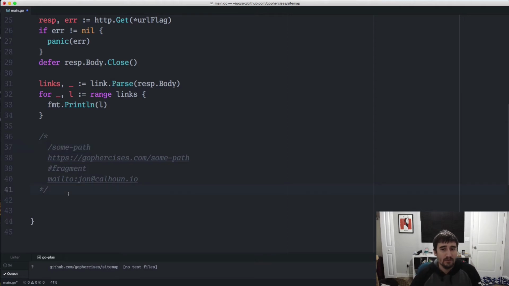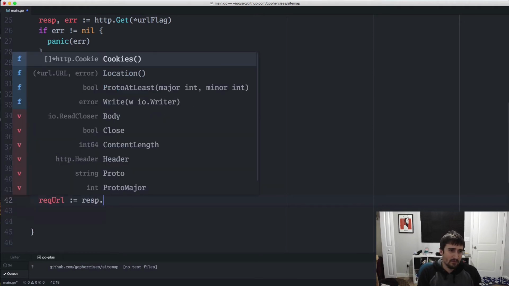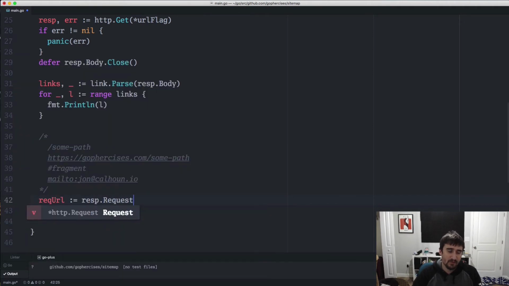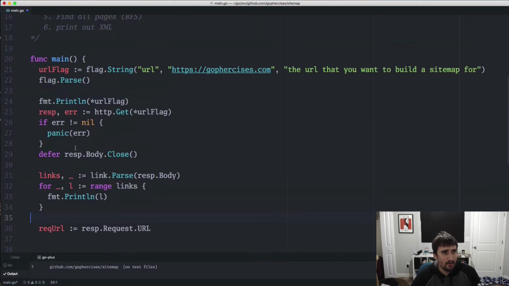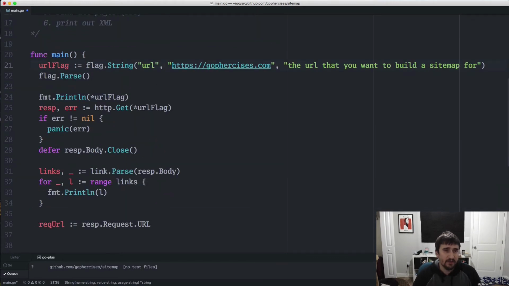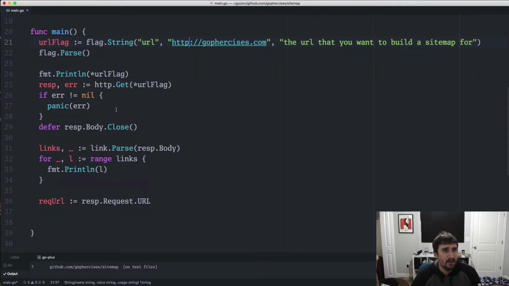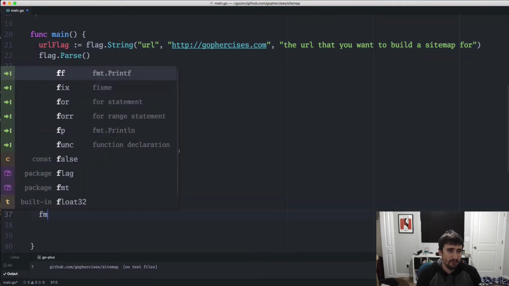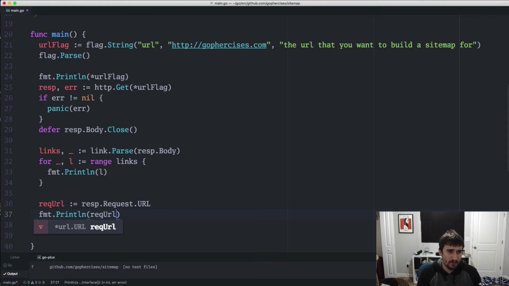So to do this, we're going to say the request URL is going to be equal to the response.request, which is an http.Request pointer, and this has a URL inside of it. This is going to be the final URL after any redirects or anything like that. So before we move on, I'm just going to show you that if I change this to HTTP, so it doesn't have the HTTPS, and I run this code, and then I do Println with the requestURL.String(),